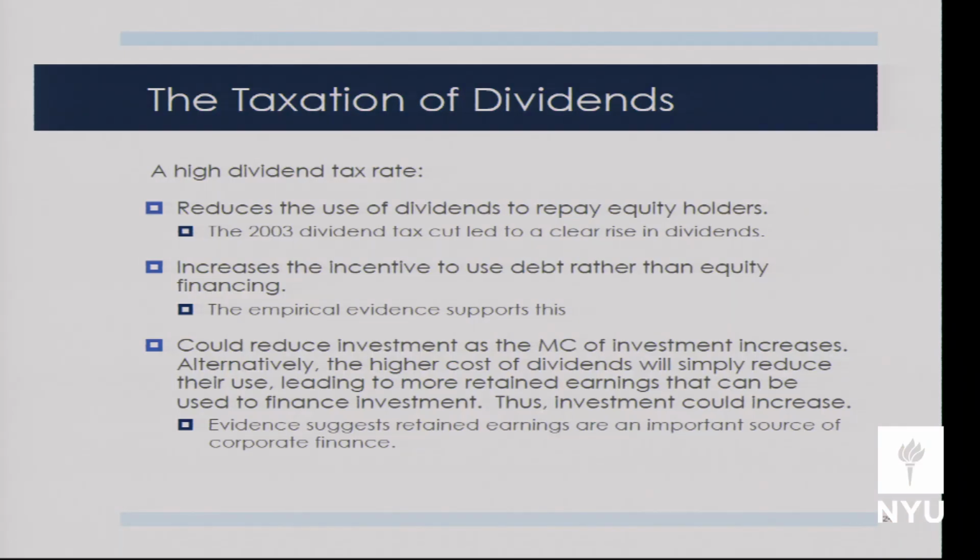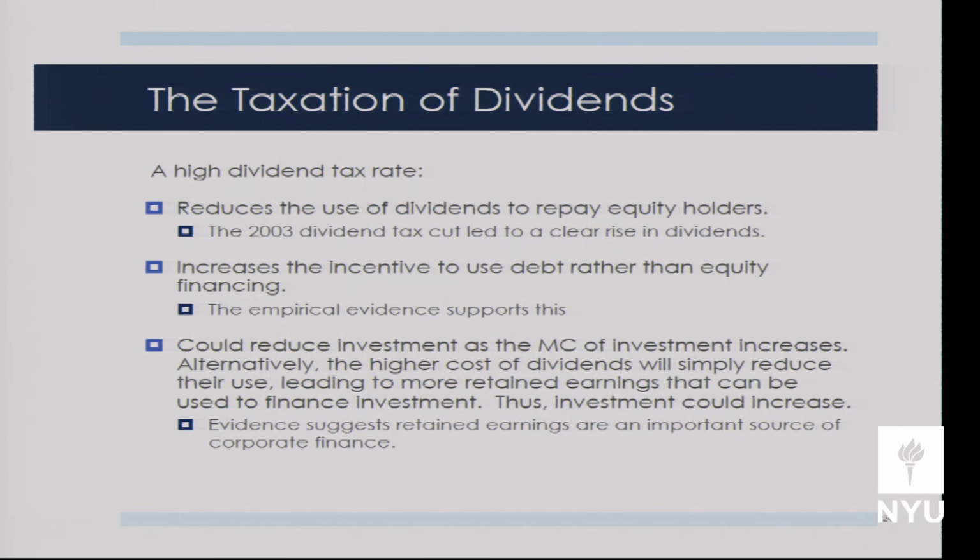So let's talk about dividend taxes alone for a second. We've seen there are some good empirical studies when it comes to the taxation of dividends. In 2003, we started taxing dividends like capital gains. So we went from taxing it like ordinary income to taxing it at 15%. Most dividends accrue to people at the top of the income distribution. So you can think that the marginal tax rate on dividends fell from 28, 33, or 35 to 15%. It was a big change in the dividend tax rate.